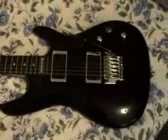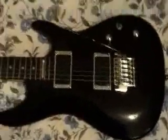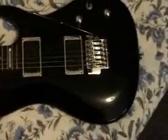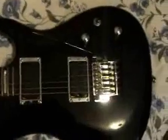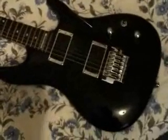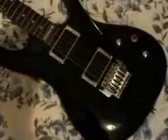The first thing that you notice about the guitar when you first buy it, or at least what I noticed when I first bought it, is that it's finished. It's very shiny. As you can see, I have very little light in this room at the moment, and you can still see that little spot there where it's very shiny and glossy. And you can notice how light travels through its curves. That might not be something that some would consider in a review, but I think it's very cool because it makes the overall look very attractive. Anyway, so getting down to business,